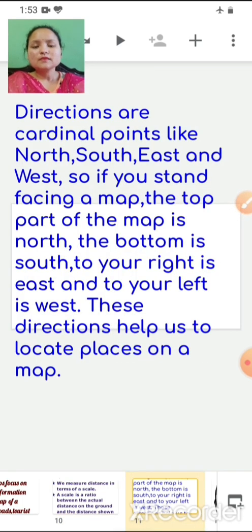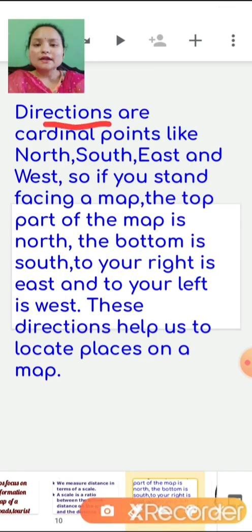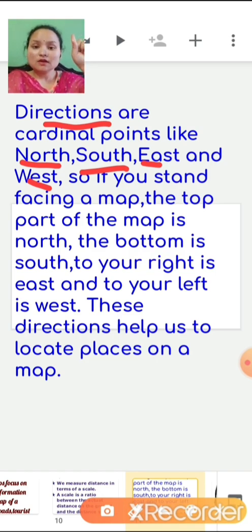Okay, then directions. Directions are cardinal points like north, south, east and west. So if you stand facing a map, the top part of the map is north, and the bottom one is your south, and to your right is east, and to your left is west.